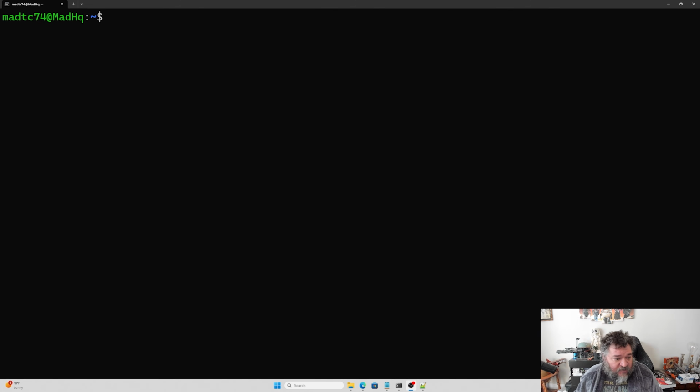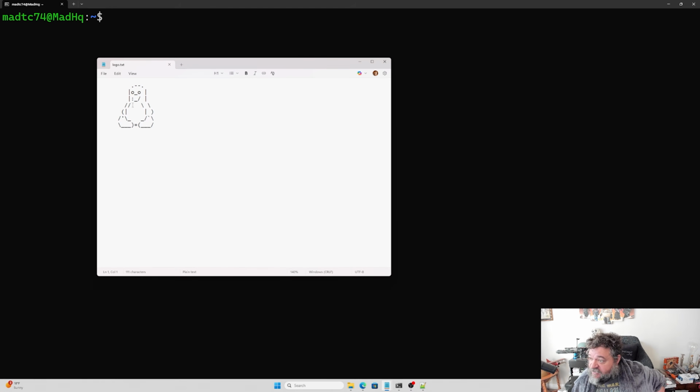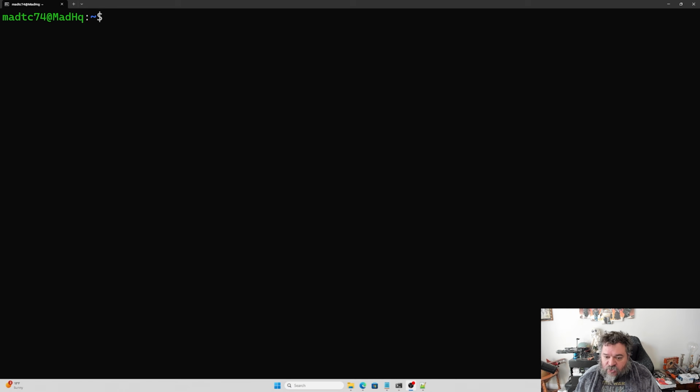All right, so I've been working on this for a little bit now, and I think I got it where I want it to be. Okay, so I did have this little logo, just a text file. It's like a little penguin, and I want him to actually display inside my window. Instead of having that default art, I want this little logo art right here, and this is on my desktop. Okay, so how do I get him over here to my